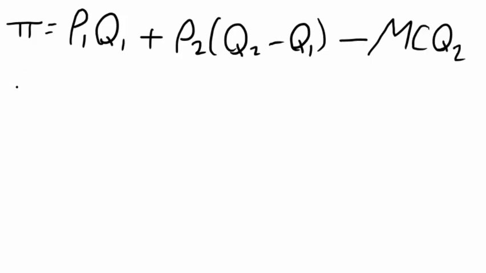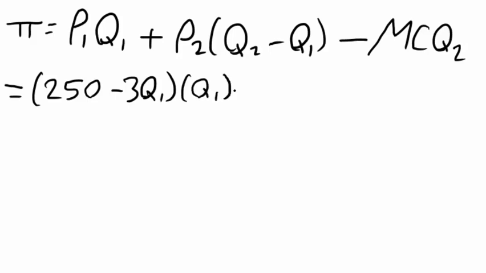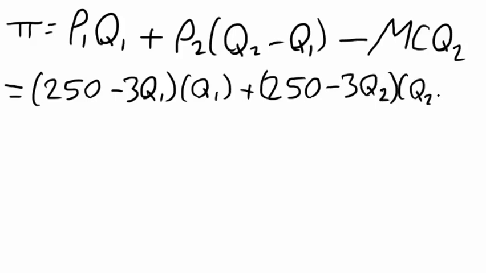And so plugging in more information, we can plug in our prices as well as our marginal cost. So we get profit equals 250 minus 3Q1 times Q1 plus 250 minus 3Q2 times Q2 minus Q1, and then we would subtract out 7Q2. So this is one long profit function, and it'll only get longer from here due to how many terms we have. And so by distributing, we get a profit function of